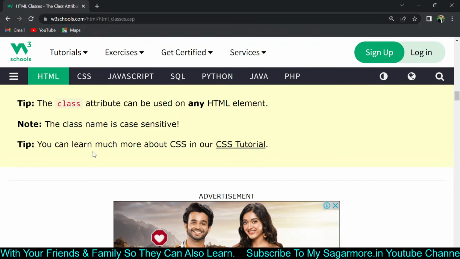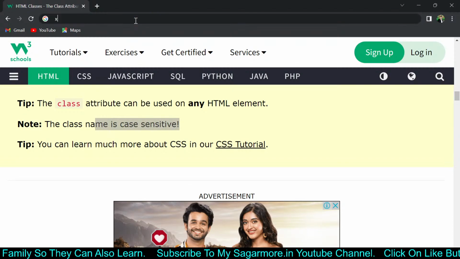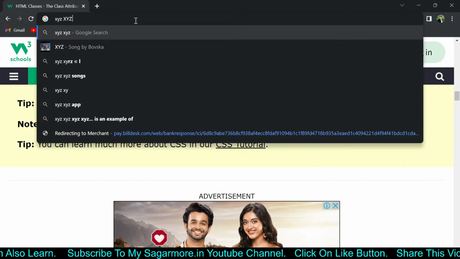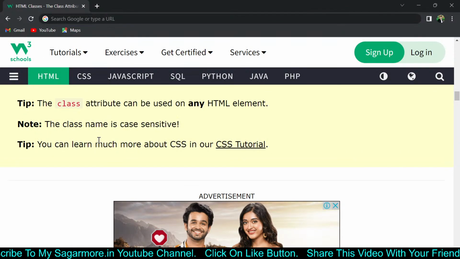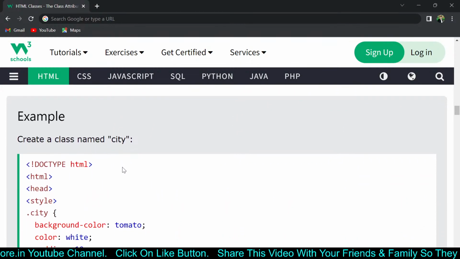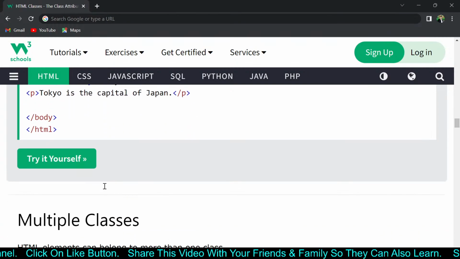Remember that class names are case sensitive. So if you write this XYZ and use this XYZ, then both are different things. Okay, so we just saw how to write classes in CSS and in HTML, and how to use